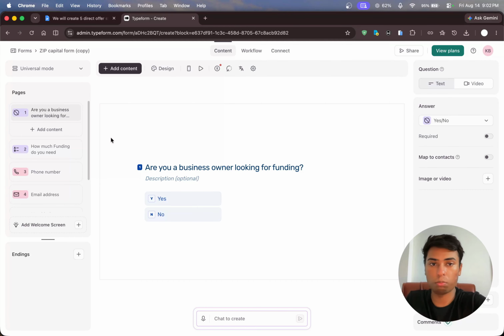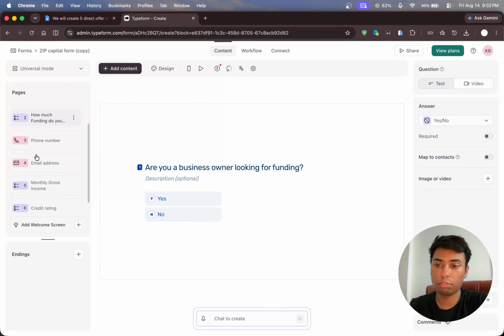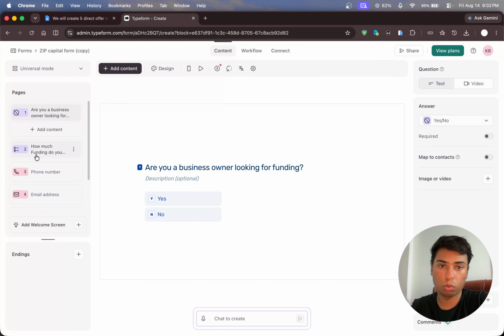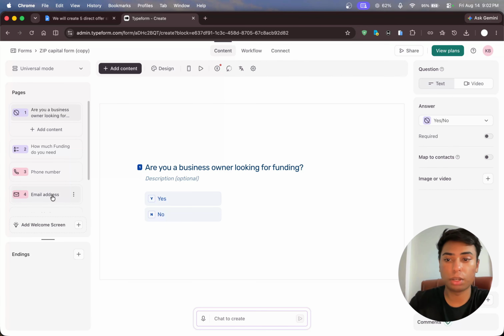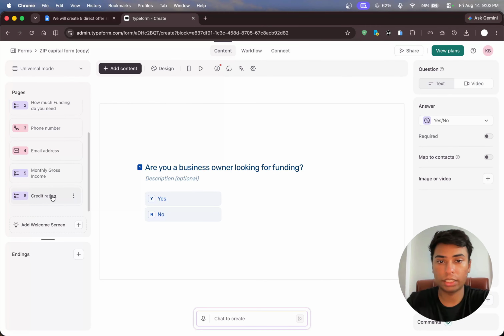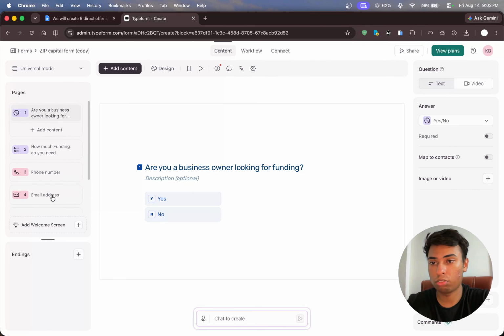So this form does two things. First of all, it reduces the friction to enter their details, and second of all, it filters out the people who are not a fit to work with you in the first place. Every button gets clicked instantly because there is so little keyboard typing required for the leads to fill out